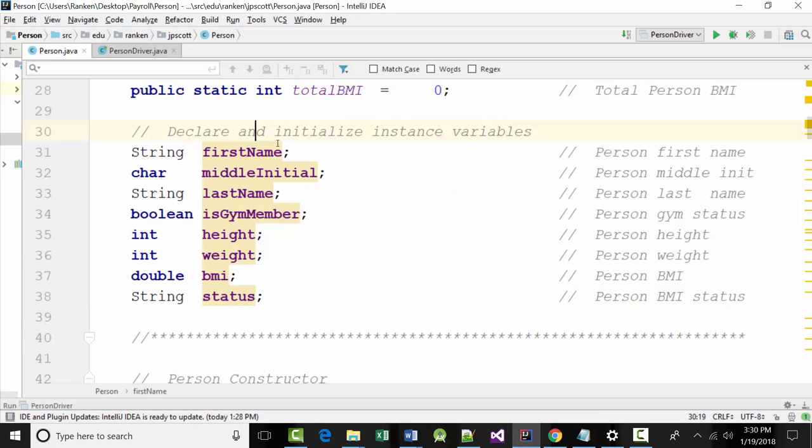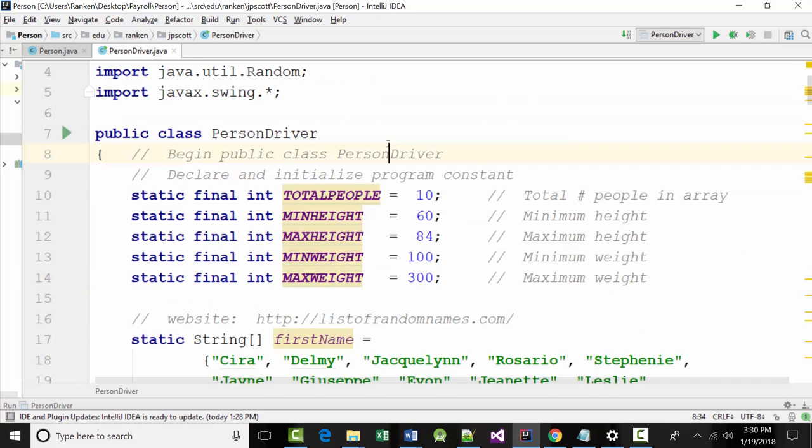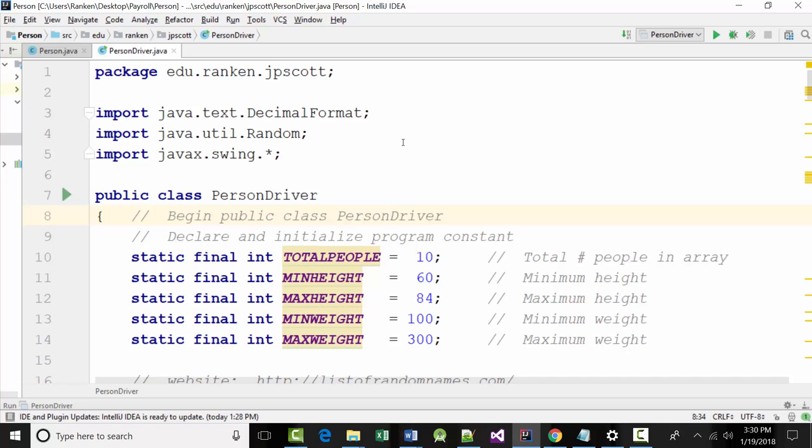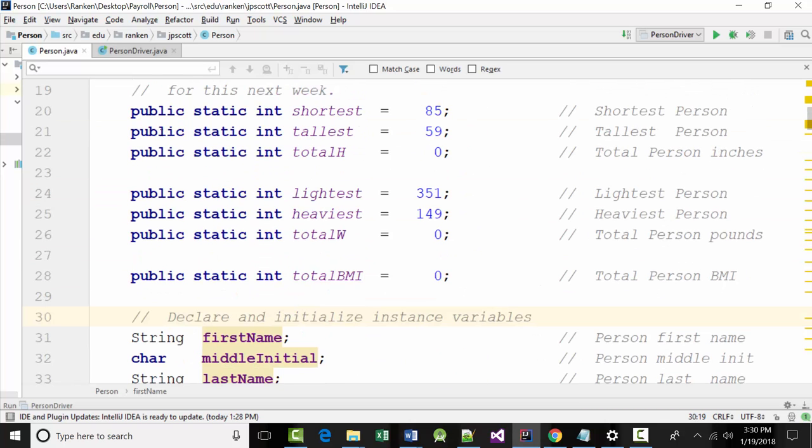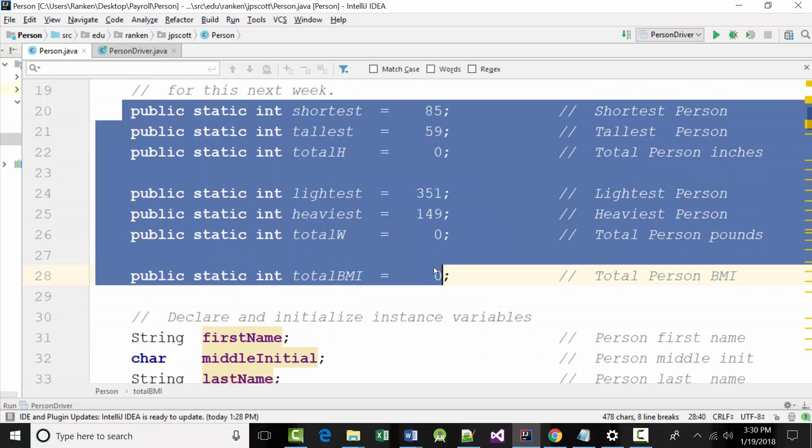Any other questions on this part? All right, then let's look at the driver. Why are the other ones public? The question was, why are the other ones public? And I take it you mean the ones here. Because I couldn't get the program to work any other way. I don't know why. But they're supposed to be private, right? In an ideal world,